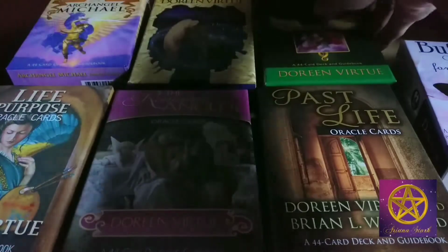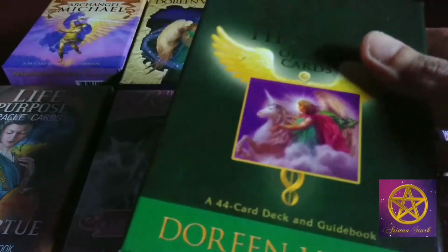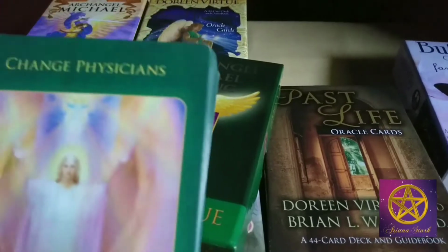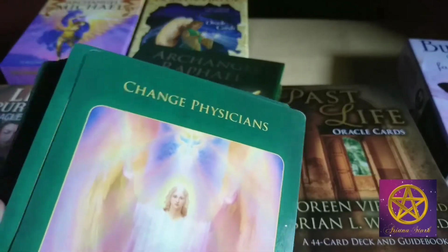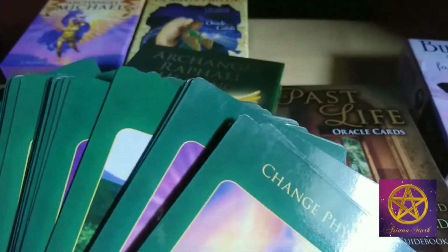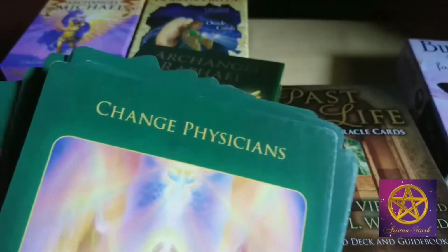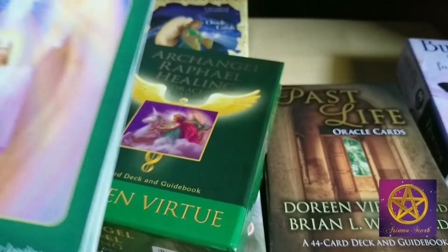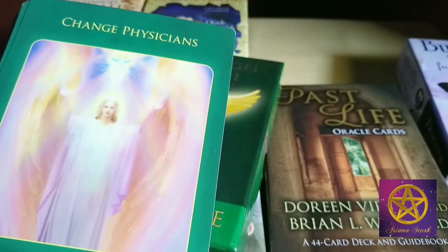Another very special deck here is Archangel Raphael healing cards. This is especially good for you if you're inquiring about the health of a loved one or your own health. You want direction from the angels, so you can have a look at this deck. Every deck that you get or every deck that is gifted to you is there in your collection for a